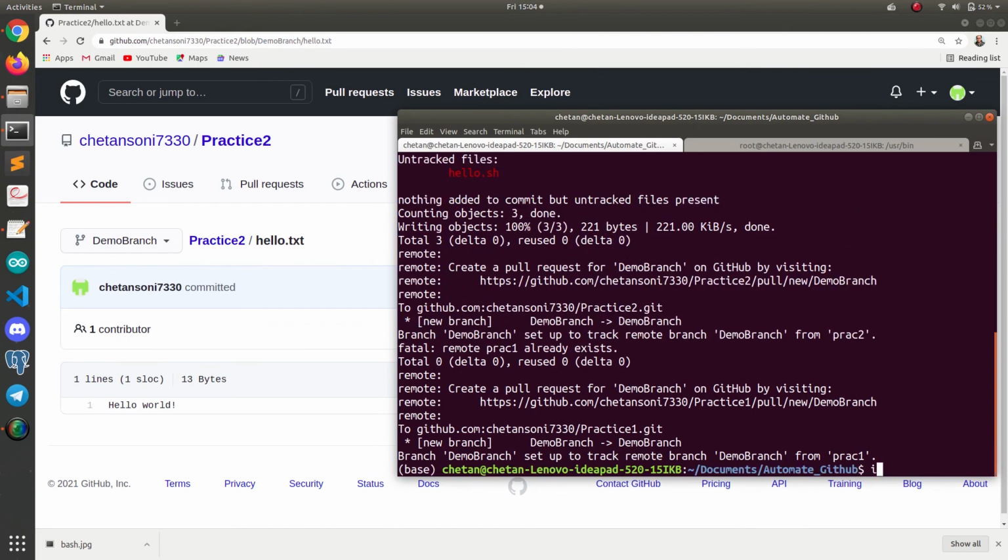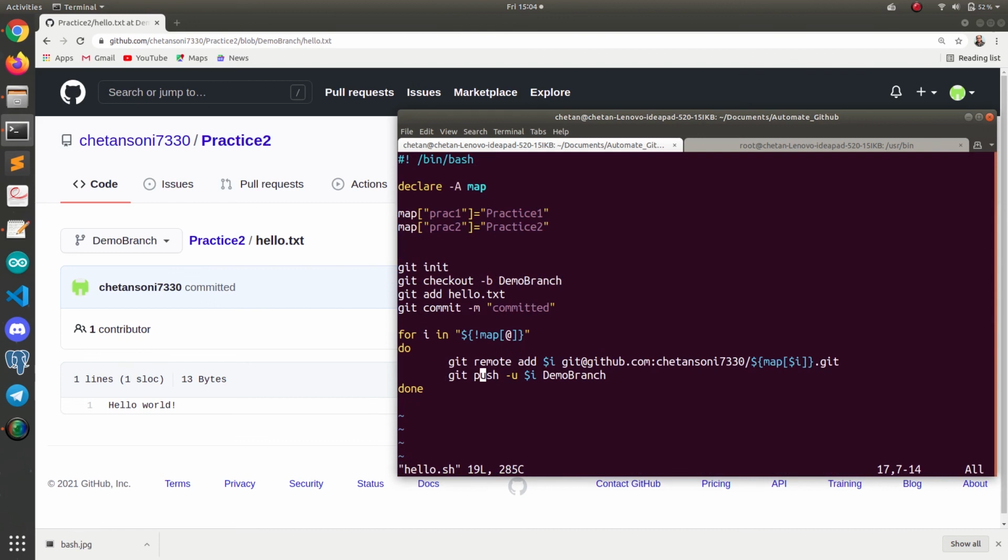because we wrote this checkout command, which will create a new branch called demo branch and shift everything into that branch.